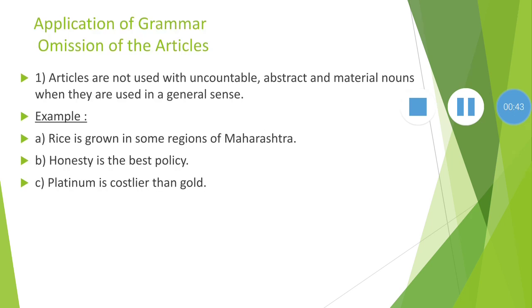Students, in our first two videos, we already learned how to use the articles a, an and the. A and an are indefinite articles and the is the definite article. A and an are used according to the vowel or consonant sound at the beginning of the word. If the word begins with a vowel-like sound, we use an. If the word begins with a consonant-like sound, we use a.